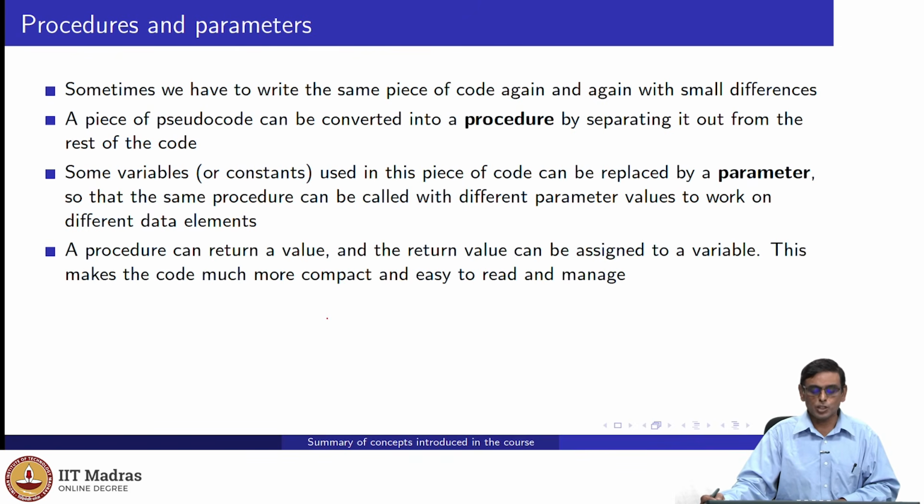So we saw examples of this in terms of average for physics, average for maths, average for chemistry. They all look the same, so we can make a procedure out of it. The procedure can also return a value, and this return value can be assigned to a variable. This is a very, very compact, cute way of writing code, right? Writing x = p(a): send a to p, get the result and store it in x, all written in one line. Beautiful compact way of writing code.